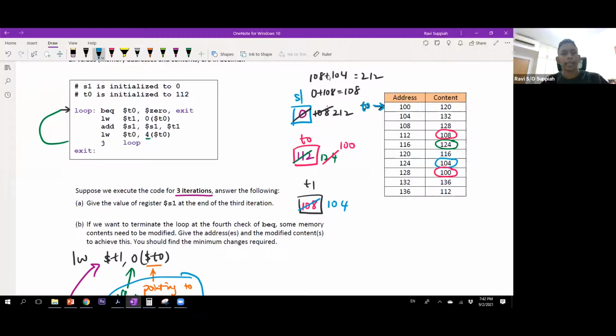And I take the data, the T0 is pointing to an offset of 0, so I don't go anywhere. I take this data and I put it into T1. So T1 is now going to have a value of 120. Okay, so that is this line over here. And then I do an addition with what I have here. So 212 plus 120, I'll get 332. So the value inside here would be